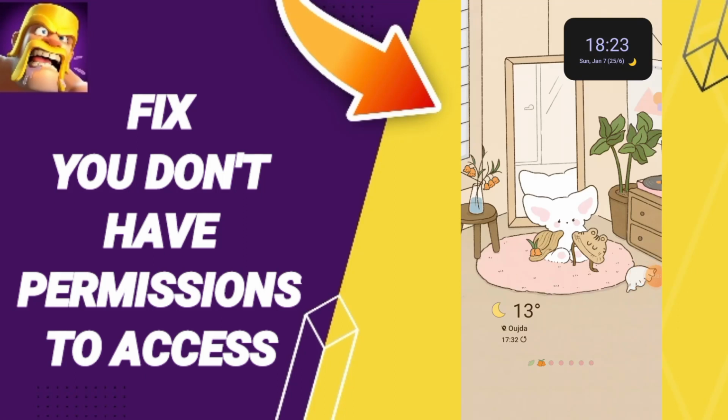Hi everyone, today we'll talk about how to fix the problem of "you don't have permission to access." To know how to fix this problem